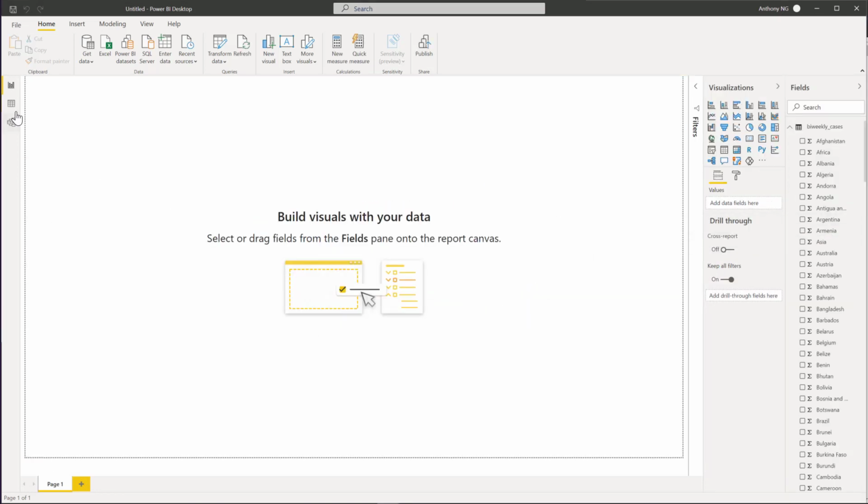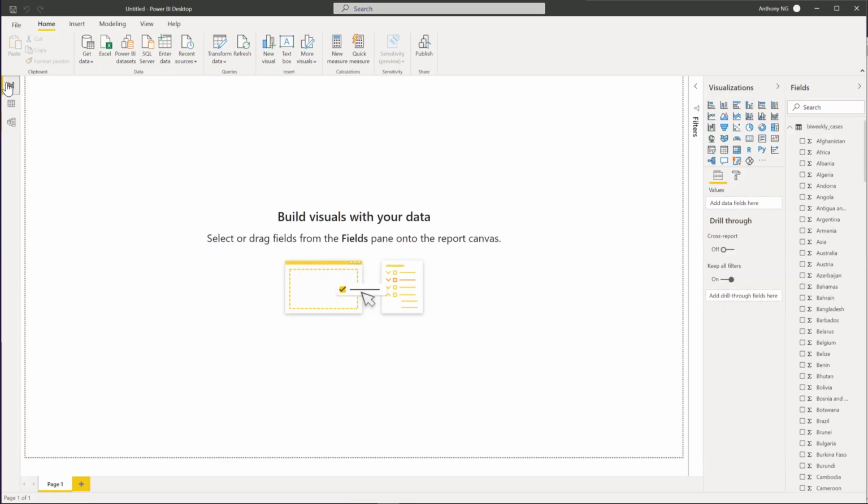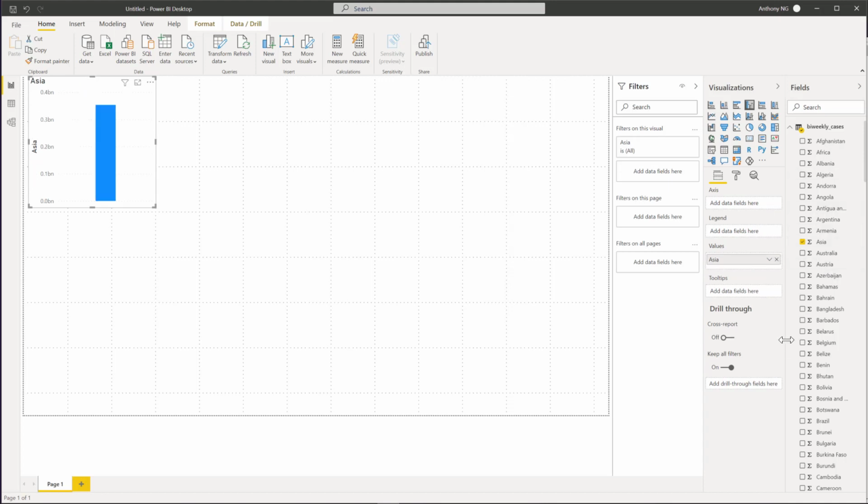Okay, so you can first of all go to the data view to check your data. You can see that the data is indeed being populated. They look fine. Just come back here, and if you want to, you can start viewing by selecting, let's just say, America and Asia, and you can see the data that's being fed through here. So that's Armenia rather than America. Okay, that's fine. We'll leave it at Asia.